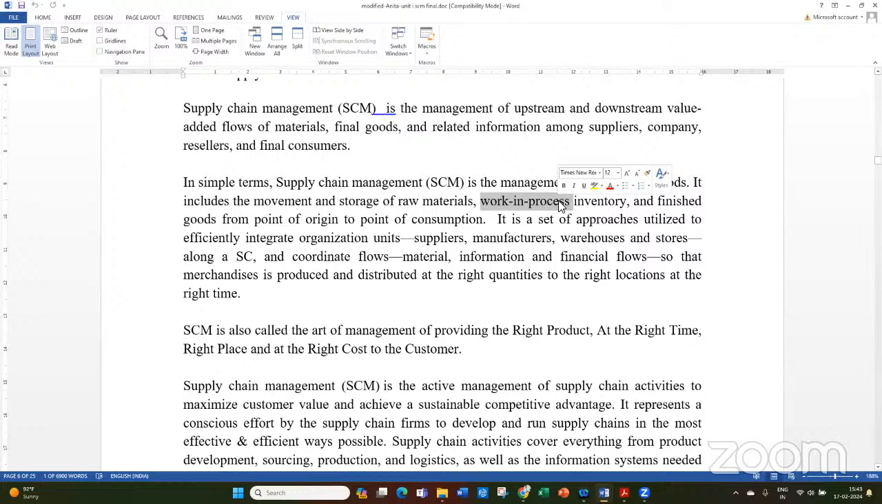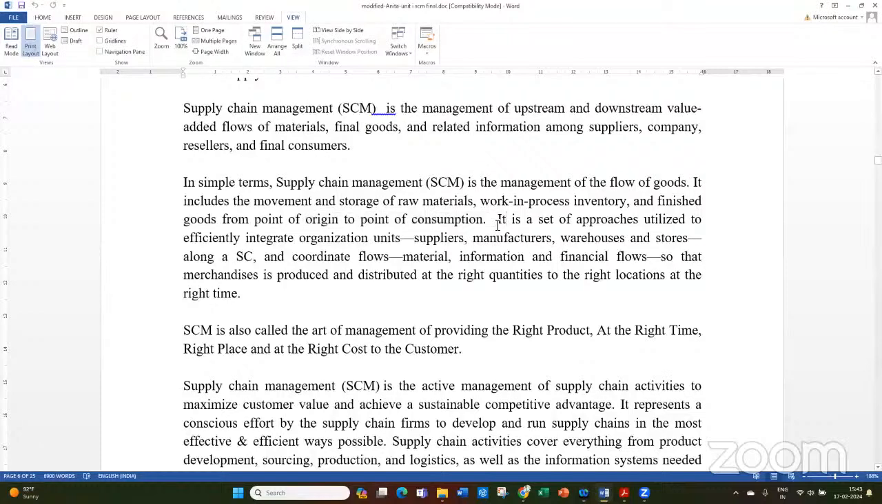Suppose it is assembly, sub-assembly should be there. For a full car assembly, different assemblies should be joined together. That is called the working process, or semi-finished goods, which then proceed forward from the point of origin, meaning suppliers and raw material, to the point of